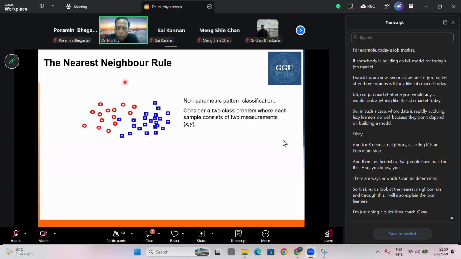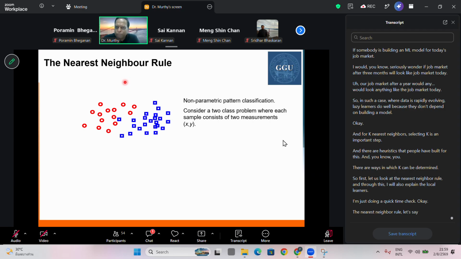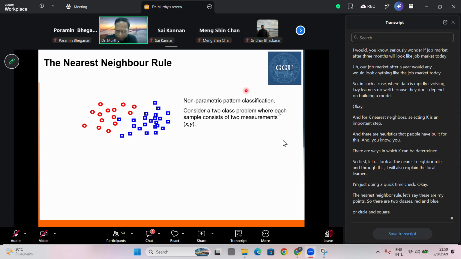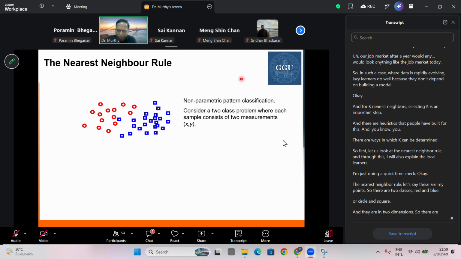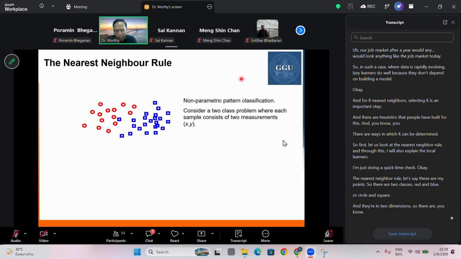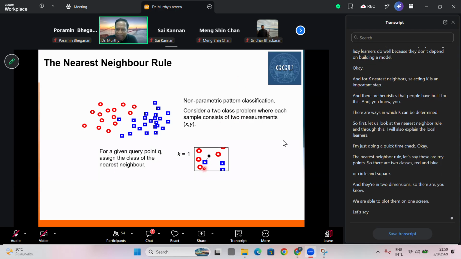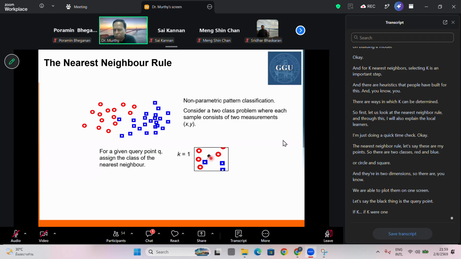Okay. The nearest neighbor rule, let's say these are my points. So there are two classes, red and blue, or circle and square. And they are in 2 dimensions, so we are able to plot them on one screen. Let's say the black thing is the query point. If k were 1, what we do is